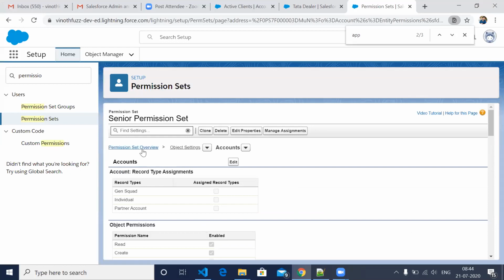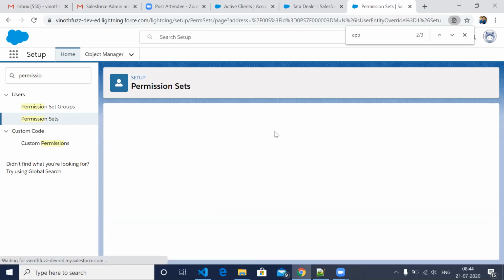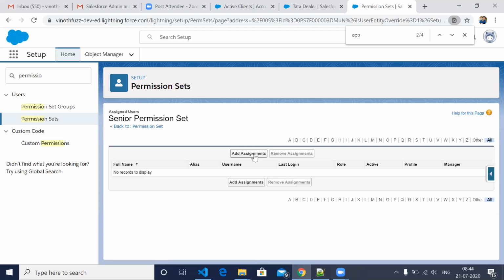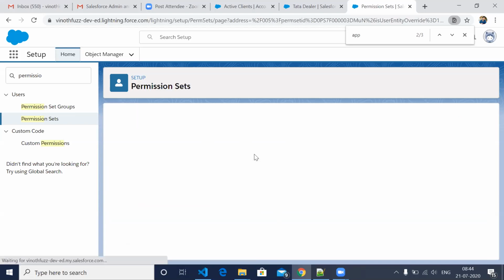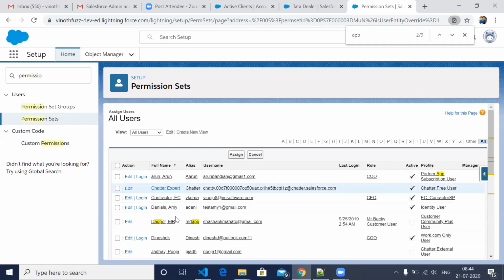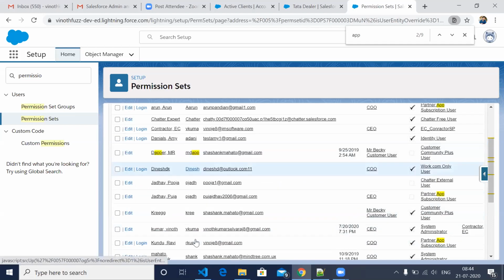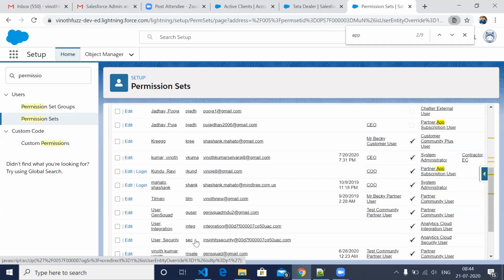Okay, see, now I created one new permission set, which is called senior permission set. So here we have manage assignment. If you click on this manage assignment, here it will have add assignment. So here you can choose the people who should have this particular permission set.